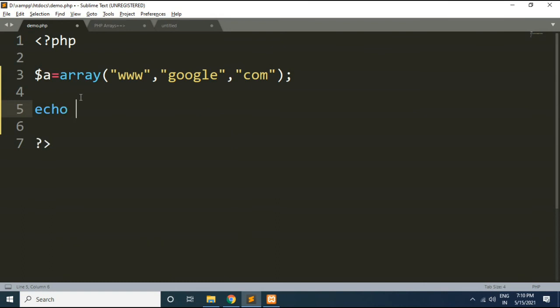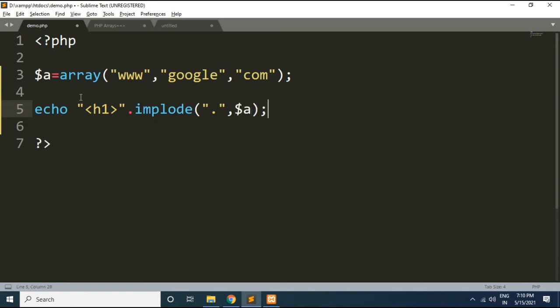So how to use it? Let's see here, echo, then I will write implode. You can see it requires 2 arguments. The glue means the character by which you want to join all these array elements with each other. So suppose I specify dot as the glue here, and then where your array elements are available.